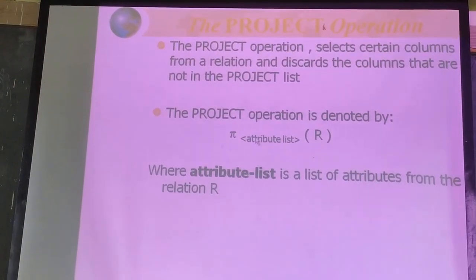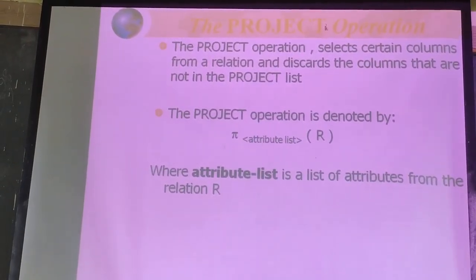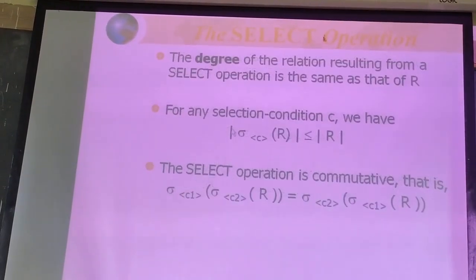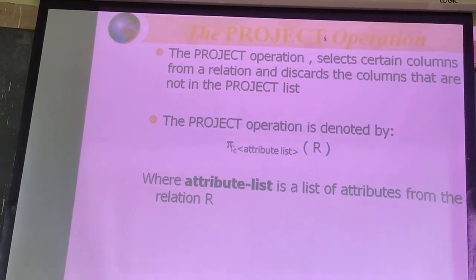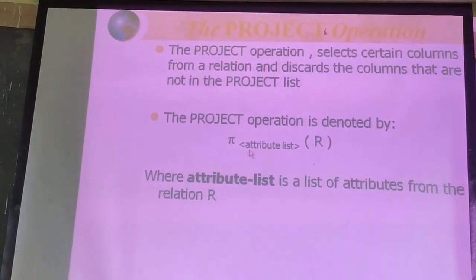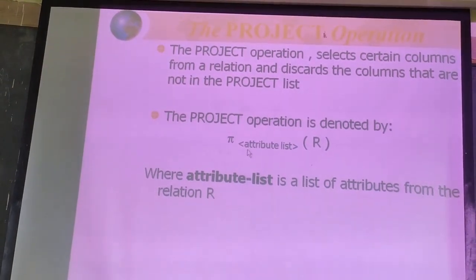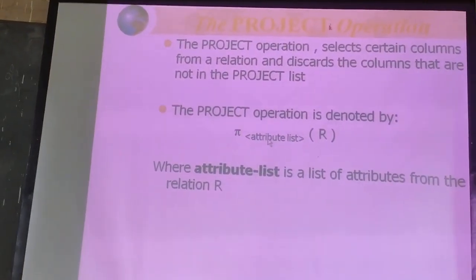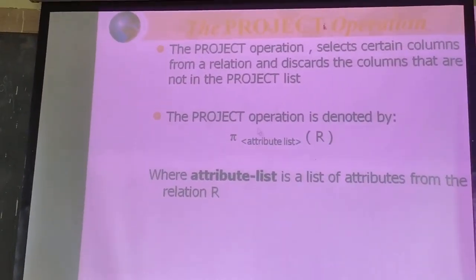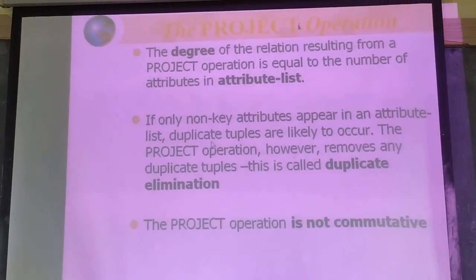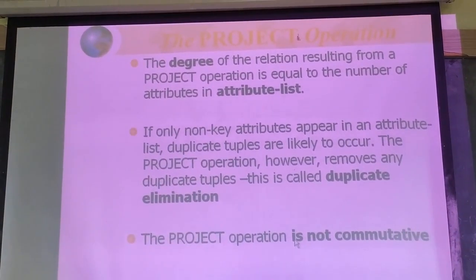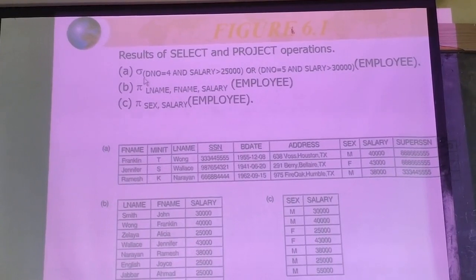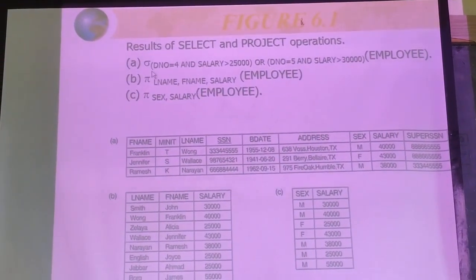A situation may arise where we need to combine the select operation, using the sigma symbol like this one, with the project operation. Due to the combination of selection and projection, there is a chance of getting redundancy in the conditions. To avoid that kind of redundancy, we can use the project operation in relational algebra. The project operation is not commutative, and we have one simple example to understand